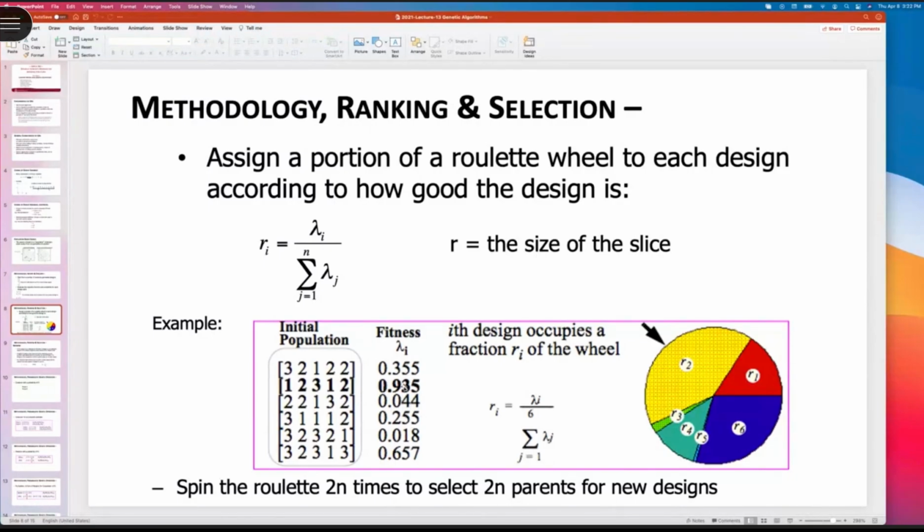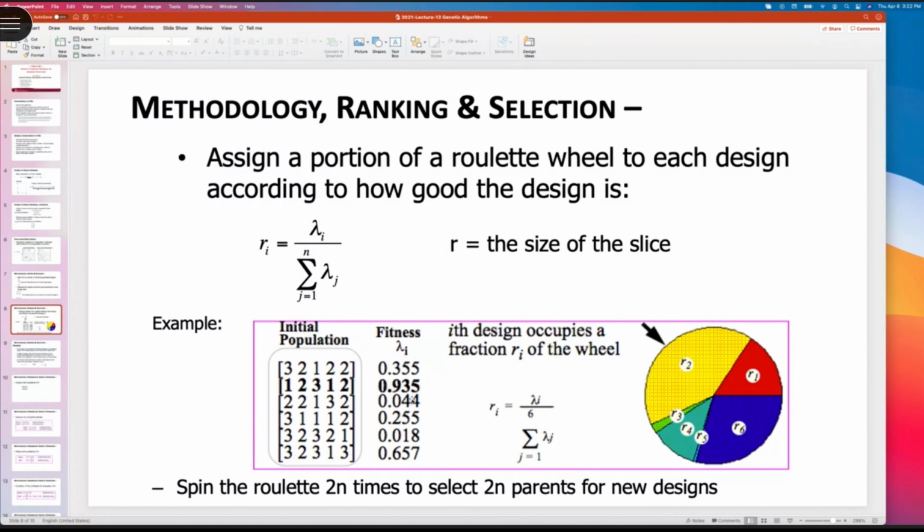They don't have to be less than 1. That normalization comes into effect when you use Ri, which takes that number and divides it by the sum of all the numbers. So let's say the second design has a very large fitness, 0.9,